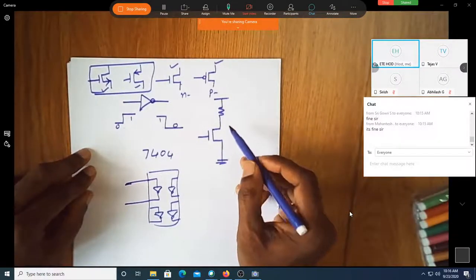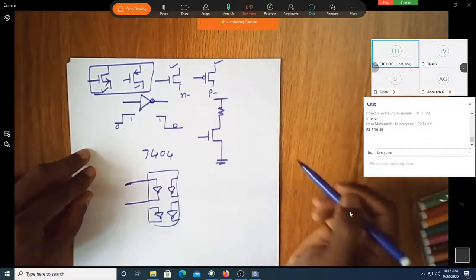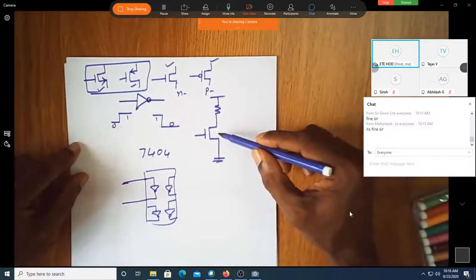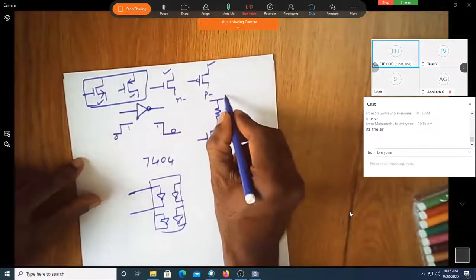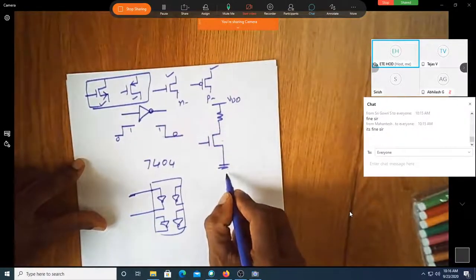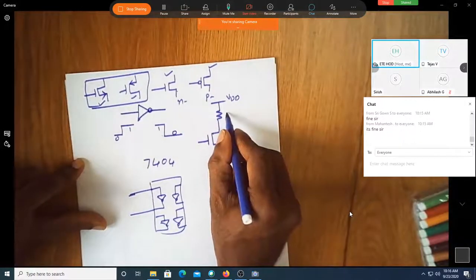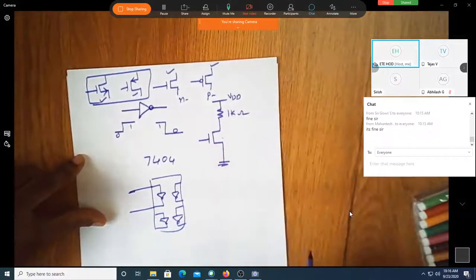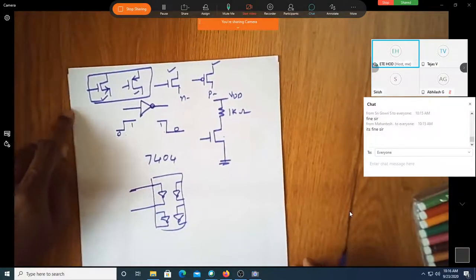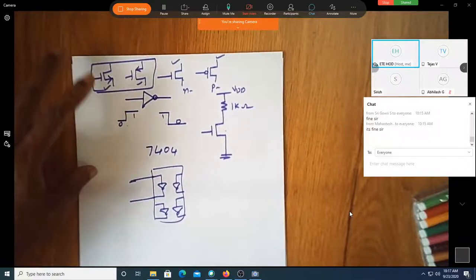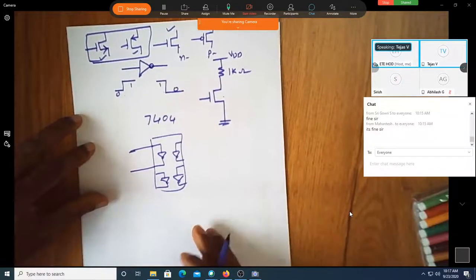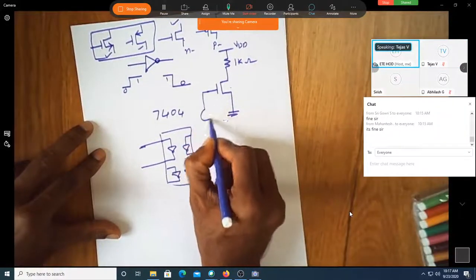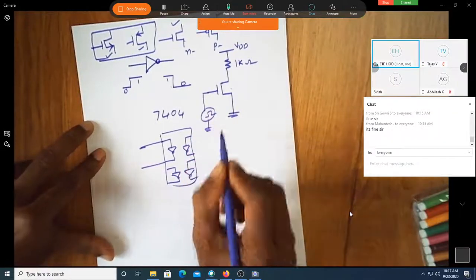Now we are basically going into the actual implementation of the inverter circuit using an NMOS structure. So now you can see one end is connected to VDD, other end is grounded. So let me consider a resistance of 1 kilo ohm here. Correct? This is what I have. Now let me apply the input voltage here. So that's your 0 and 1.